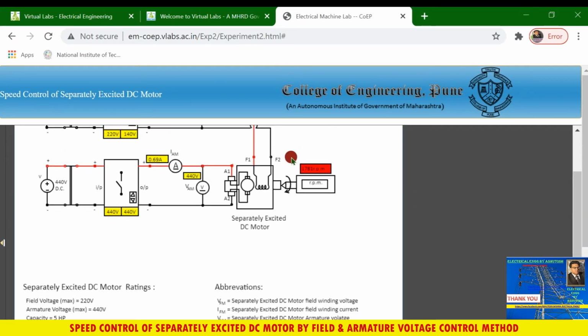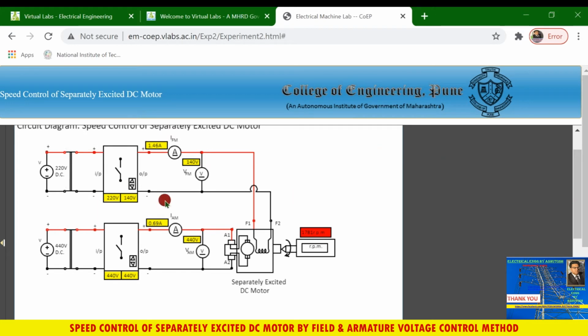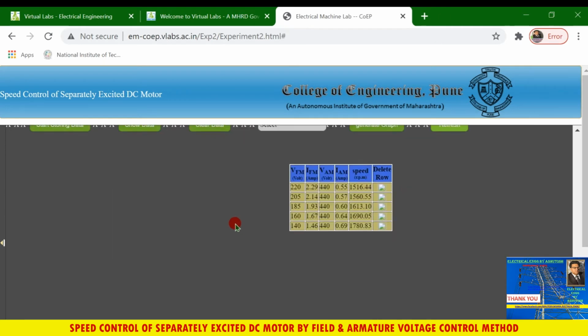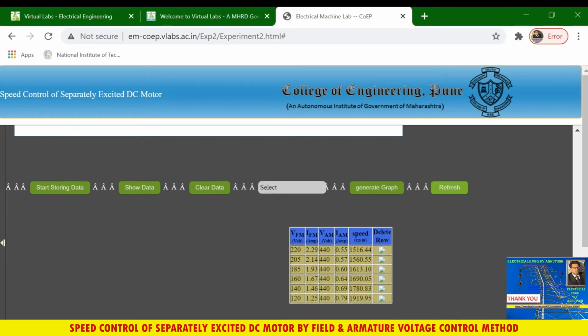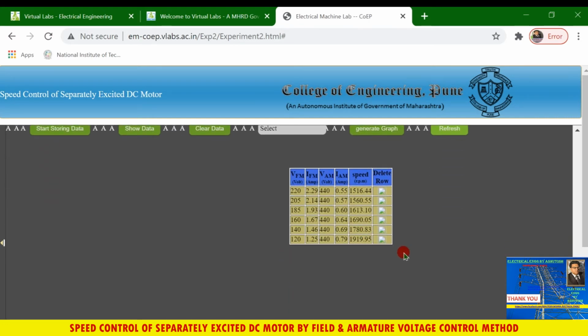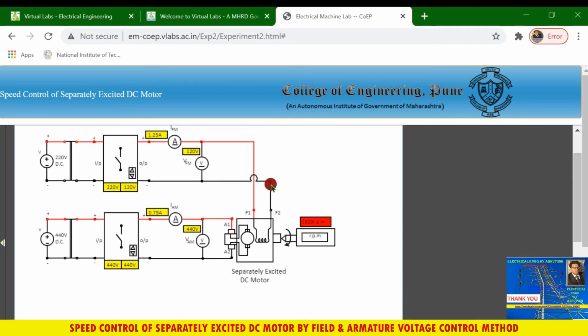So you can take various different values. At 120 volt, 1920 rpm. So again store data, show data. So see here, the speed becomes 1990.95. So we can take various values.